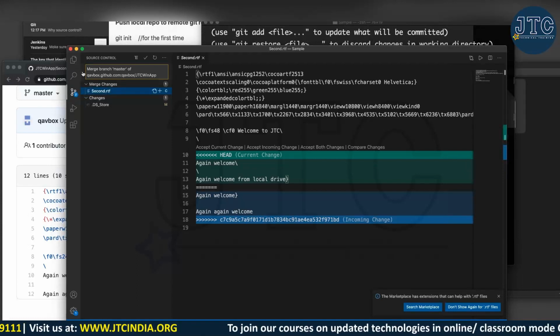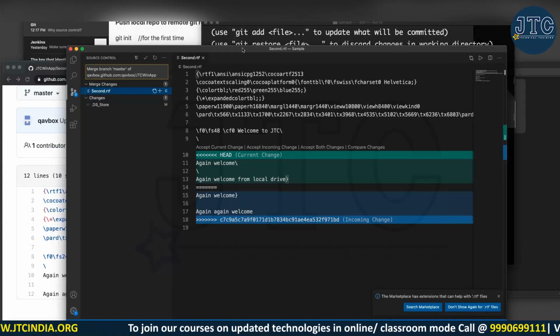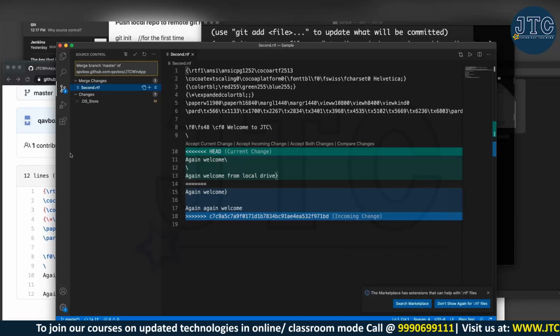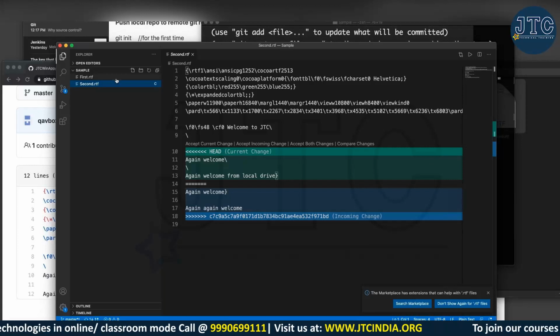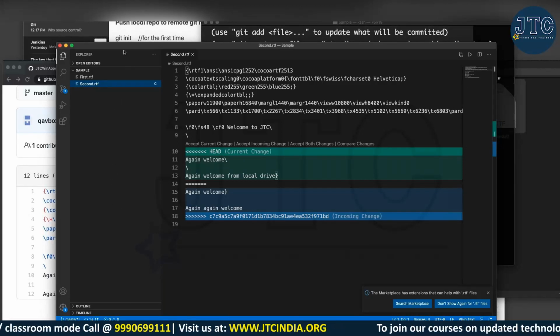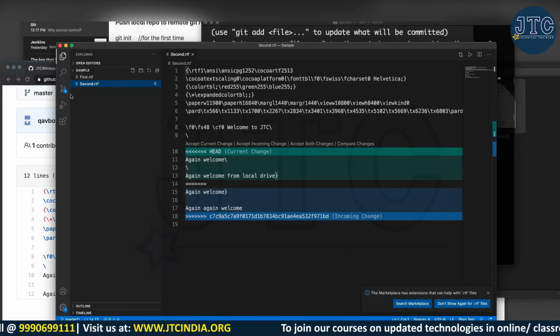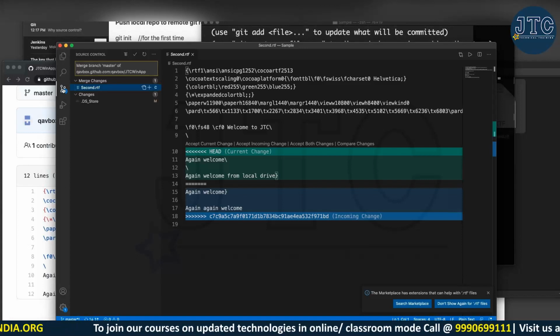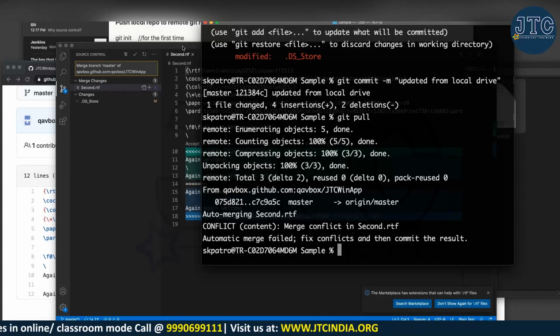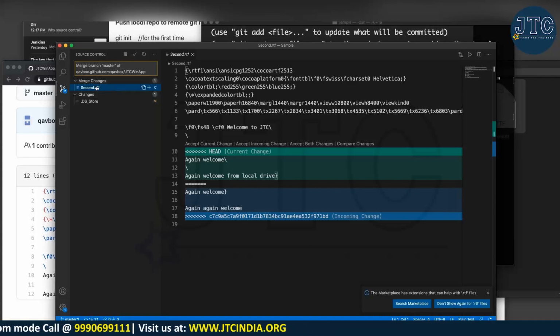Let me just quickly go through this Visual Studio Code. So you can see this icon. This icon is a folder. All the project structures, folder structures you will see on the left hand pane, and you will get a search. Don't worry about that. And you will be installing a Git extension. So if you see here, it is telling merge changes here. So the conflict, whatever we got in this, that is coming here directly, second.rtf.